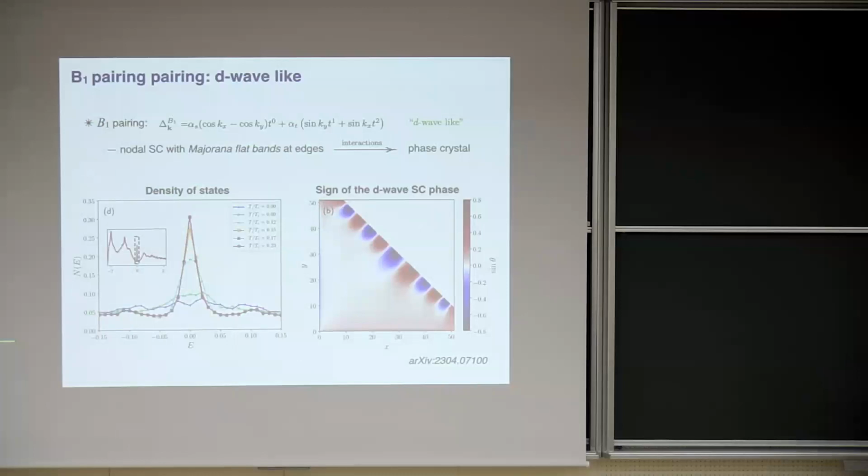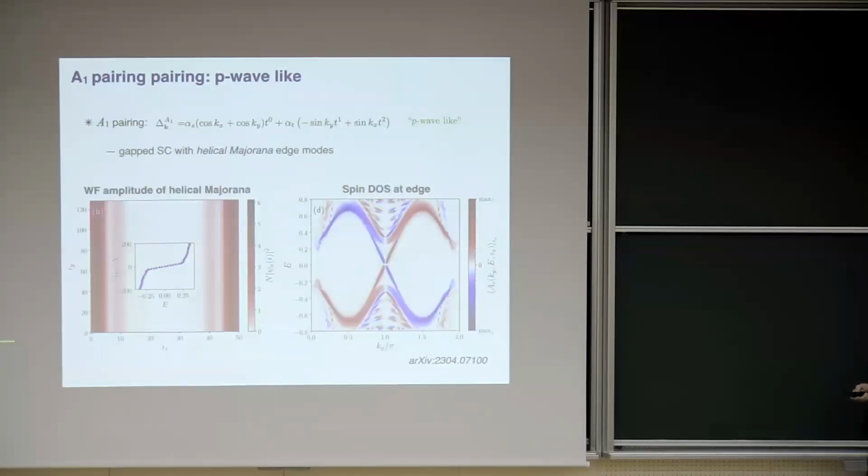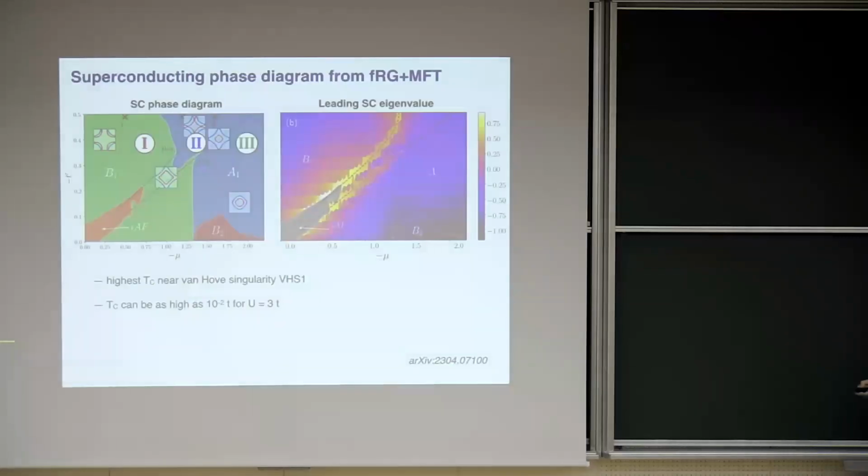And so basically now, if we analyze this in this real space mean field theory, we can introduce explicitly an edge, and we find that these Majorana flat bands are unstable in the presence of residual interactions. This is because we have here extensive degeneracy of edge states, which must be thermodynamically unstable, and this degeneracy is lifted through the formation of a phase crystal, where the superconducting phase changes along the edge of your system.